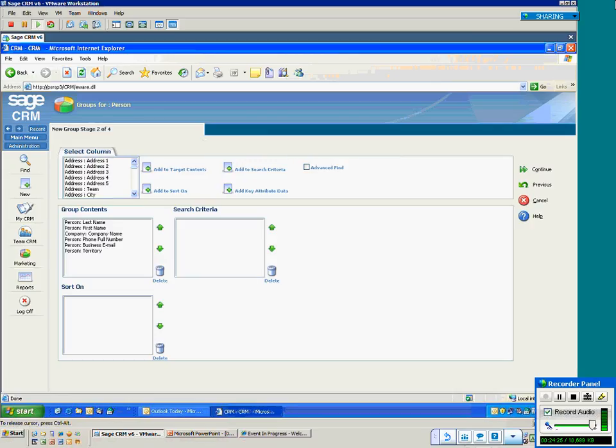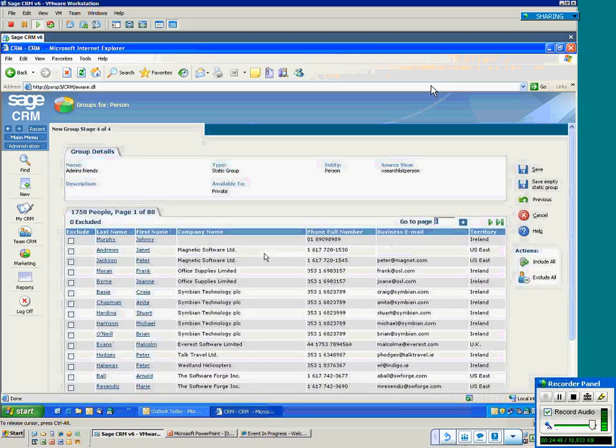And then it also says here are the fields that we're going to include in this. I can add to the search criteria. And again, here I can do an advanced find. That advanced find is multiple criteria that are combined using and statements and or statements. But I'm not going to do that right now. I'm just going to leave it blank. So here is a group that includes everybody. So I'm going to save an empty